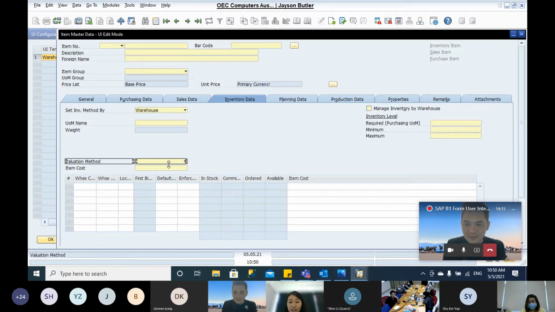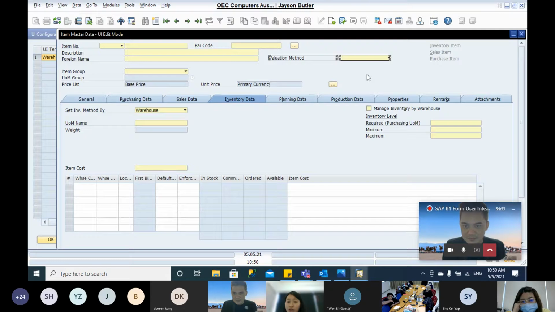So the only undo function for us is restore to the default. You can also drag, for example, if I drag to here,